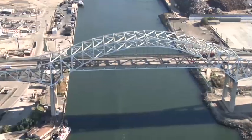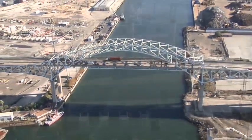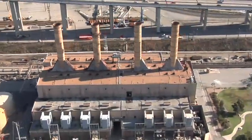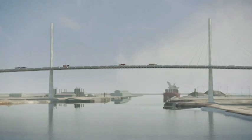And that new bridge will be a nearly $1 billion project. I imagine there's a few other things tied to that. There's a lot of things that need to be relocated. We have existing oil wells, we have pipelines, we have the existing Southern Cal Edison power line, we have a 42-inch storm drain, we've got gas lines. We've got a lot of things that need to be moved out of the way to make room for the